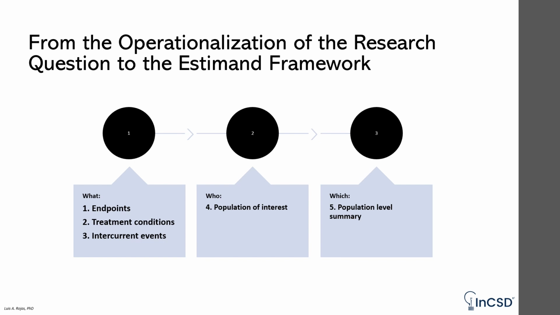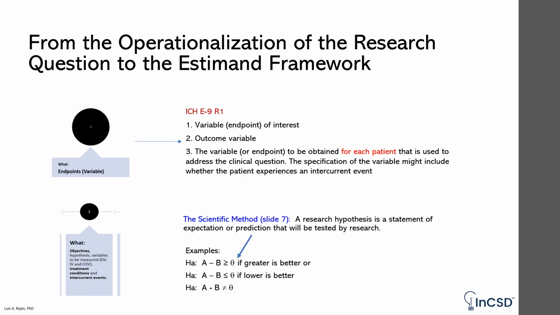According to the Estimands framework, there are 5 attributes of the estimand, and I am trying to do my best to map them to the W's from my previous slide. The what, associated with endpoints, treatment condition, and intercurrent events. The who, associated with the population of interest, and the which, the population-level summary. Let's see the mapping between the Estimands framework and the what, and what we discussed earlier in slide 7